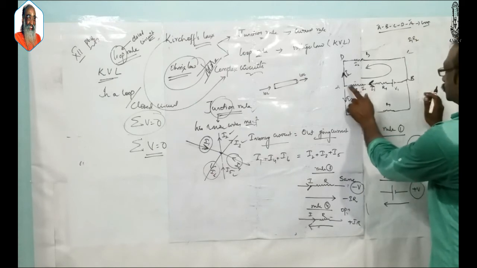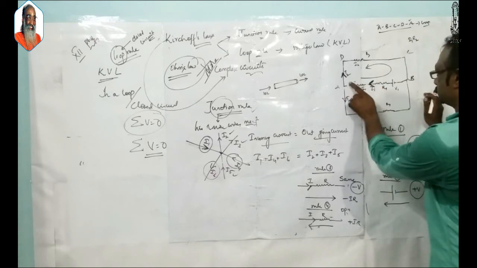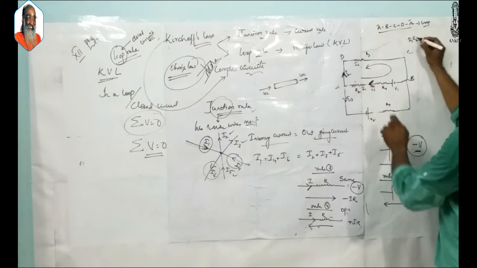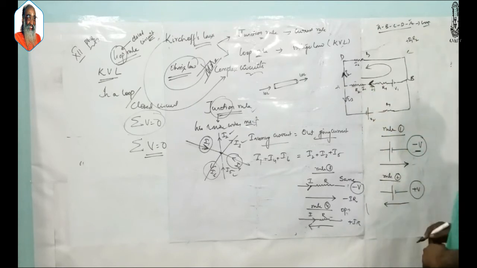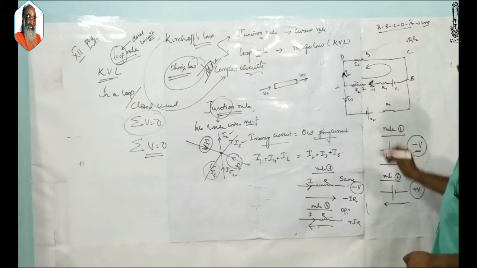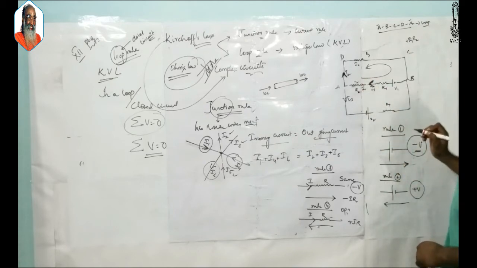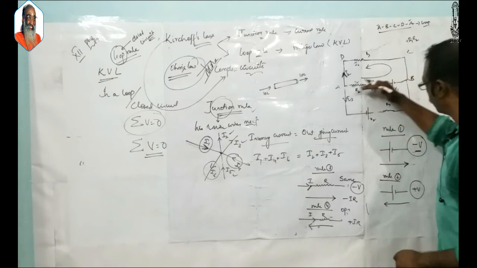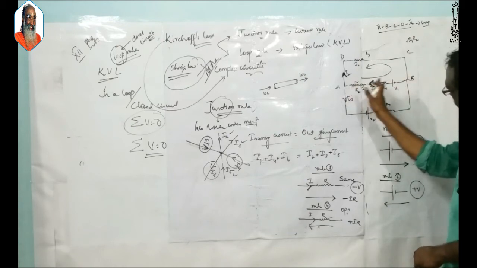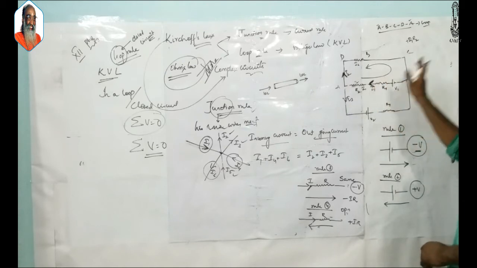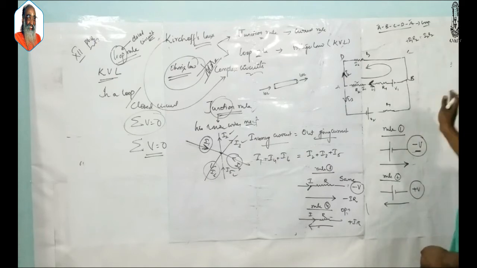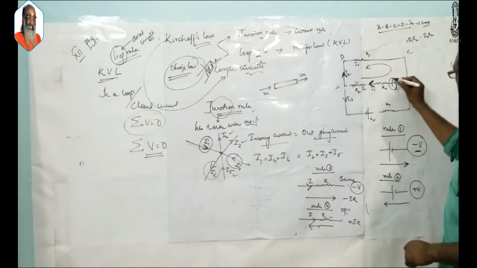So this is completed. Now coming to the second component. Resistance is R1, the current I1 is in this direction, but I am moving in this direction, opposite P. So plus I1 R1. That also is completed. Now coming to this, I am moving in this direction from positive to negative, so minus V1. Coming to B, B to C, no component.